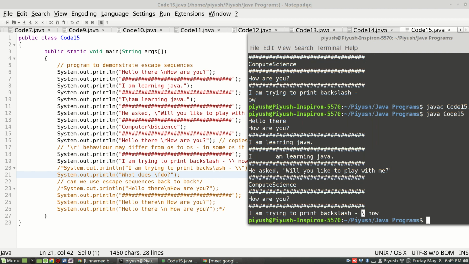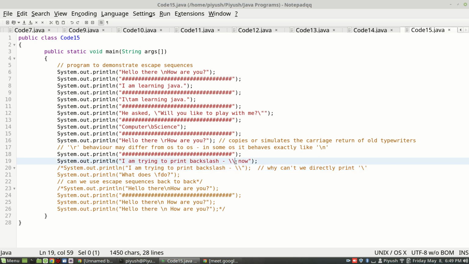One more thing. What if I don't give anything after the backslash? Let's say I give one space. Will it print anything, or will it give an error? I'll help you out here. The computer will see the backslash and understand that an escape sequence has started.